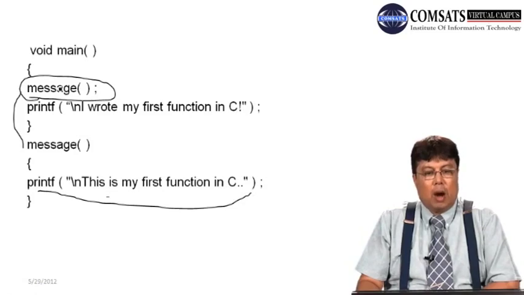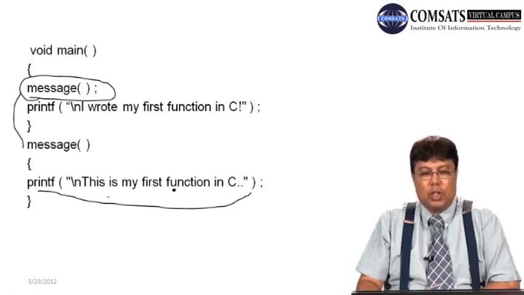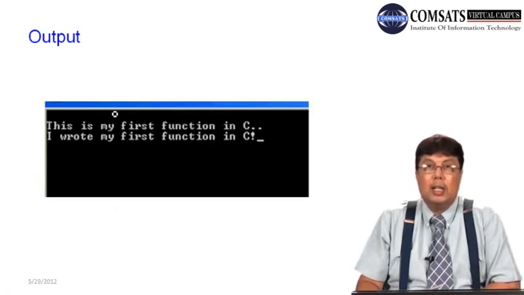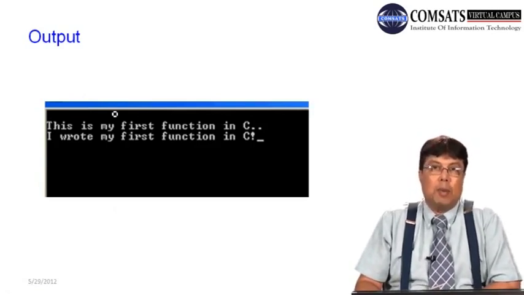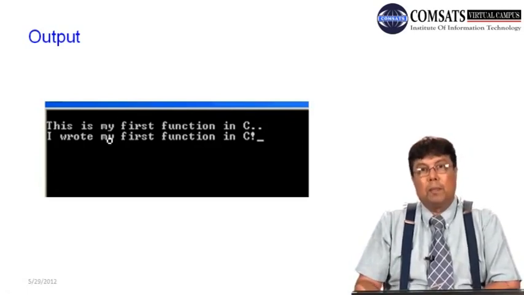Since this function is called before this statement, what does it do? It prints the message first: This is my first function in C, and after completing the task given in this function, it executes this one. Okay, so in the output we get this is my first function in C, which is the task done by the message function, and then I wrote my first function in C. Okay,